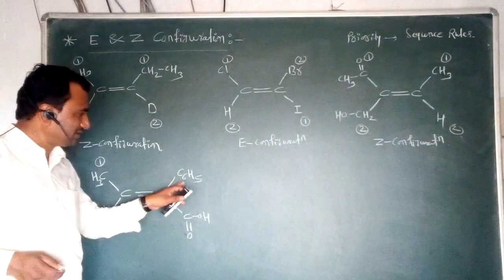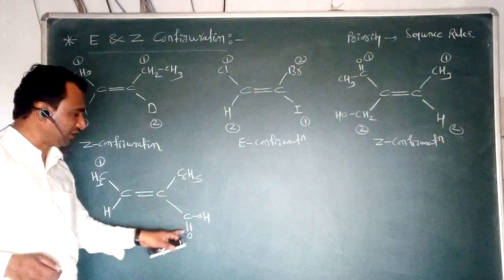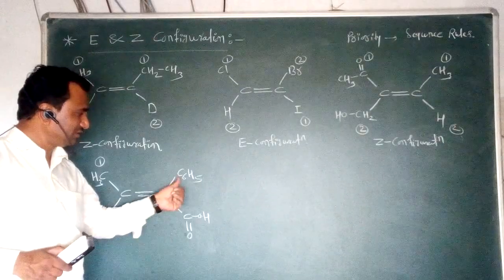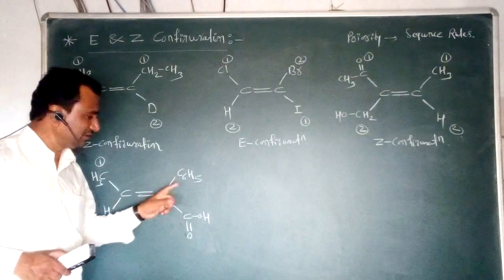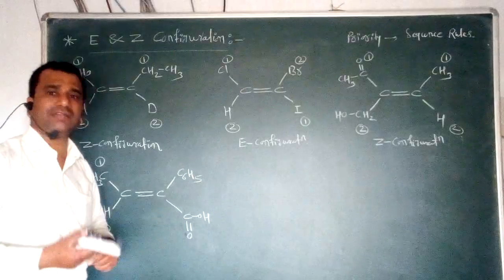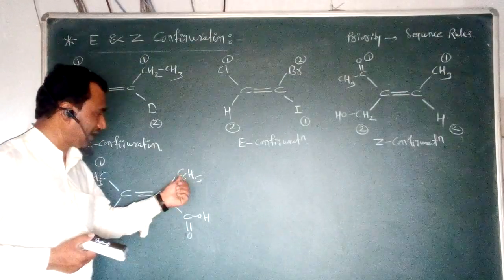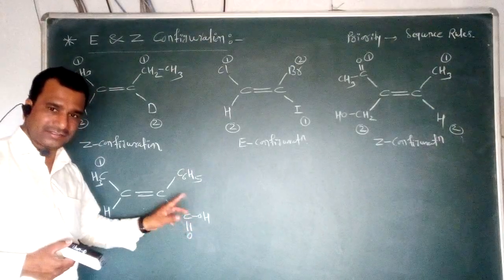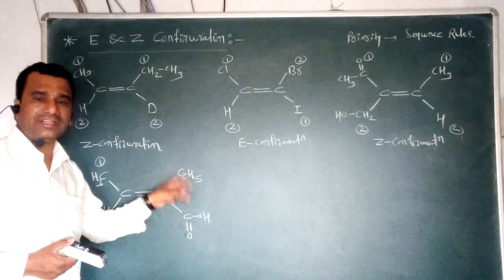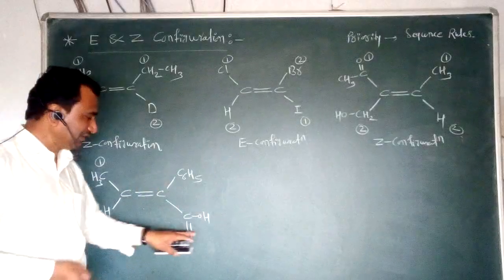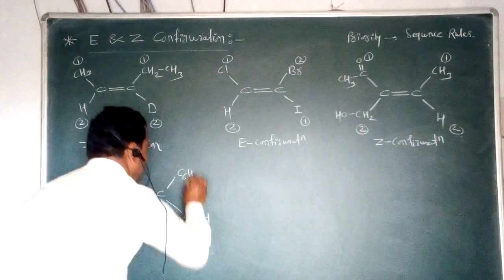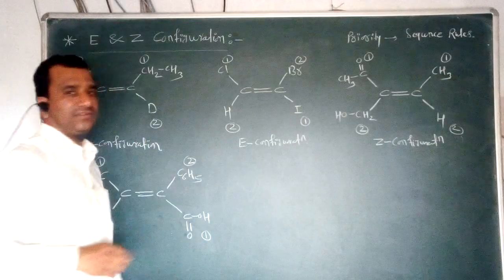Now if we compare this C6H5 group to that of the COOH group, what happens? The first atom which is attached directly to the second olefinic carbon is the same, that is a carbon. But if we compare the next atoms attached to this carbon, to this group two oxygen atoms are there. At the same time, to this group only carbons are there, and that's why this carboxylic group gets the highest priority as compared to this type of the phenyl group.